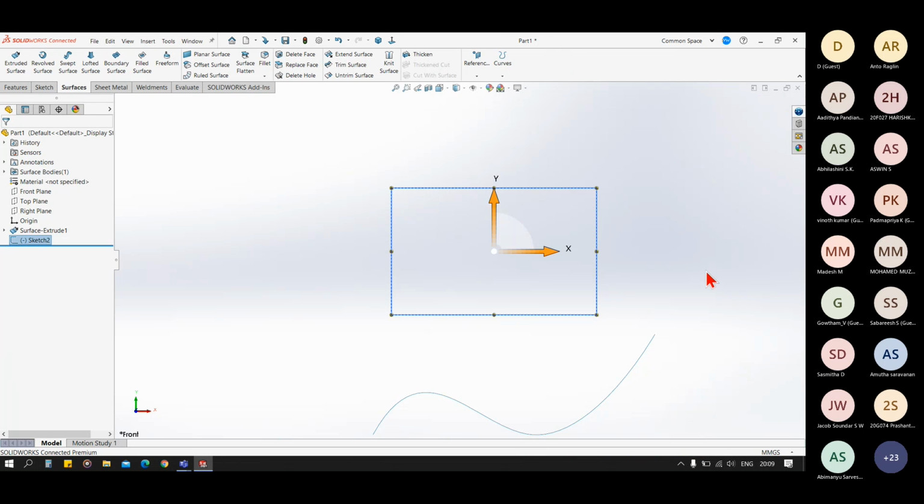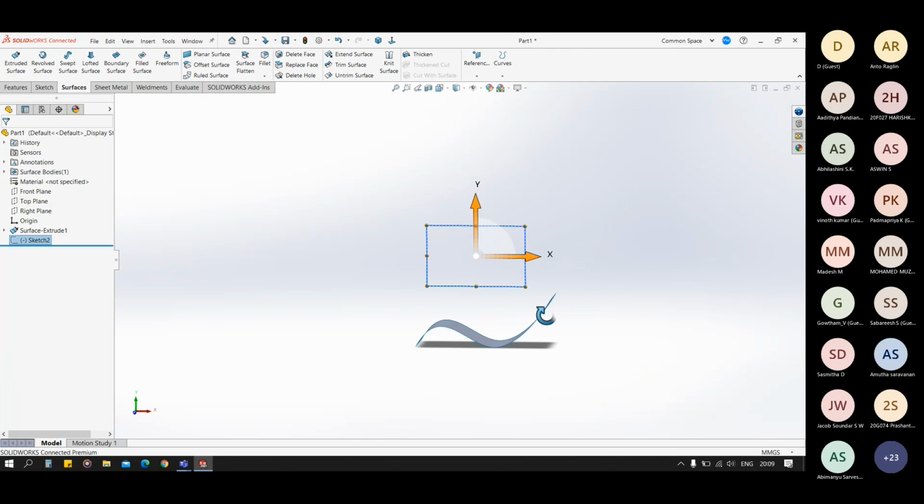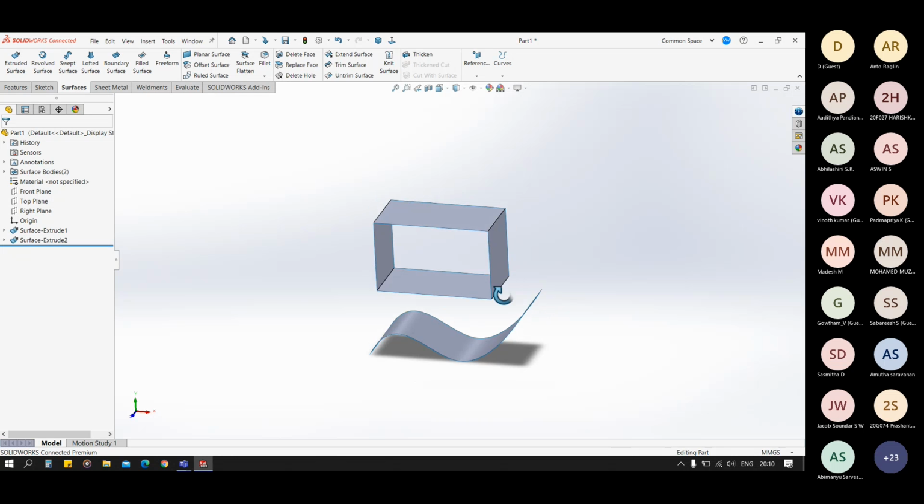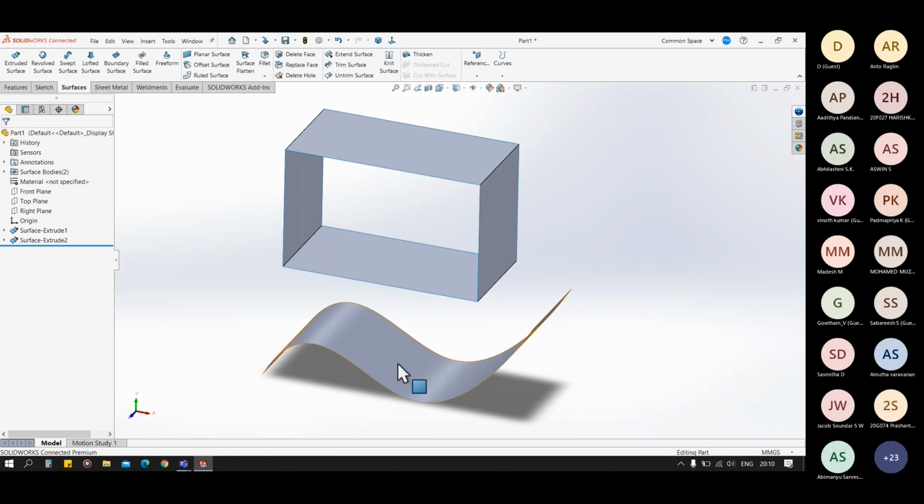When I create an extruded surface using an open sketch, it creates a surface like this. And when we create it using a closed profile, it will create a surface like this.